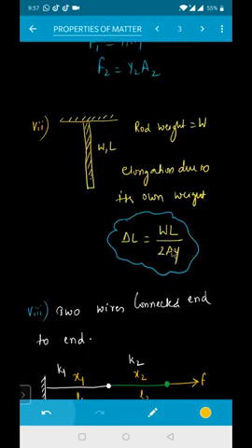This is a big derivation, beta. I'm not doing the derivation because it is of no use right now. Whenever we get such a condition where the rod is being elongated due to its own weight, and the extension is asked, with a little bit of practice you can directly write the answer. Delta L is equal to W into L divided by 2 into A into Y. Young's modulus of the metal of the wire is Y, area of the wire is capital A, length is L, and weight is W. This weight can also be written as M into G.